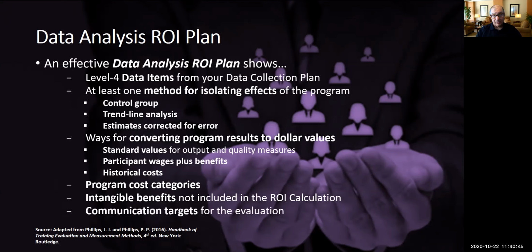Also, communication targets for the evaluation. If you want the thing to stick, so to speak, you want the intervention to perhaps grow new improvement projects. You want that facilitated improvement to be accepted by your stakeholders. Well, you need to communicate to them at several different levels what you did, how you did it, their involvement, their contribution to it. That builds buy-in, that builds your credibility, that builds your program.